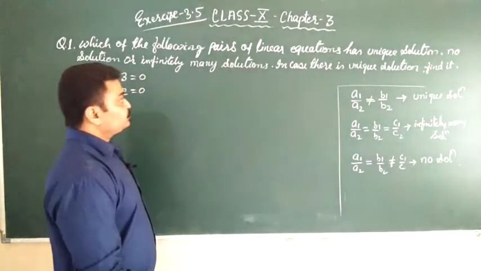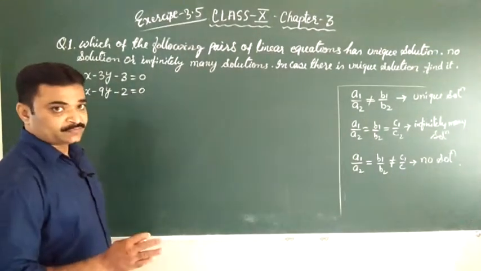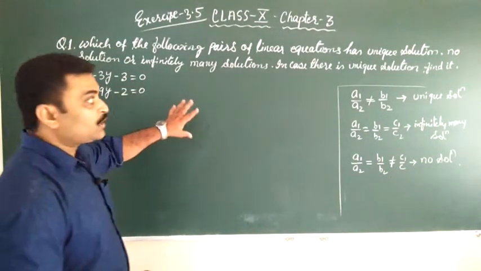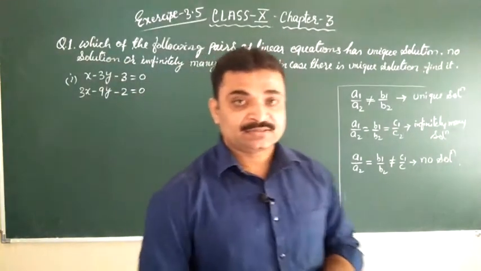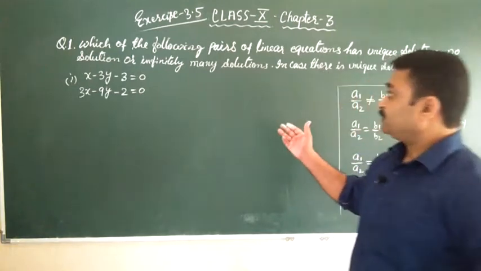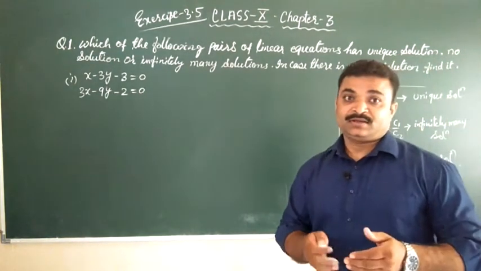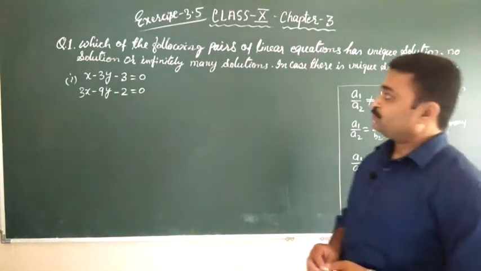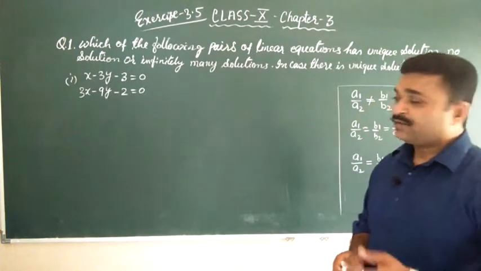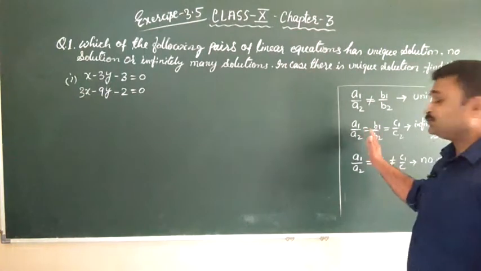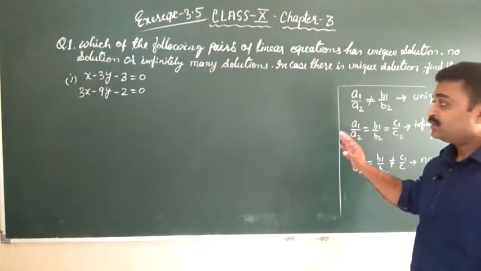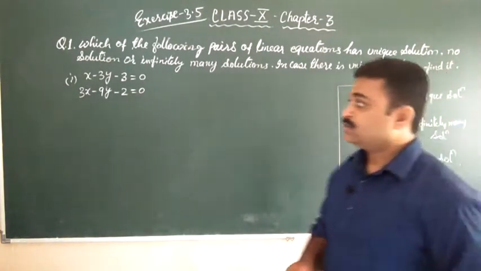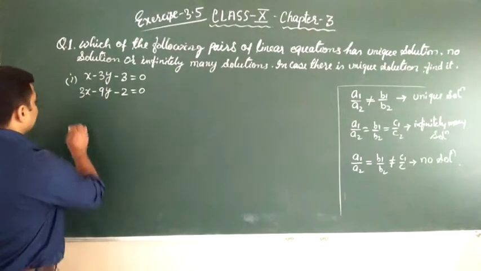Okay, so here we have two equations, and we have to find whether these given equations are a pair of intersecting lines, or parallel lines, or dependent lines. Clear? That means coincident lines. Whenever we have to find this, we will go through this. That means we have to check whether these conditions are applying or not. Clear?